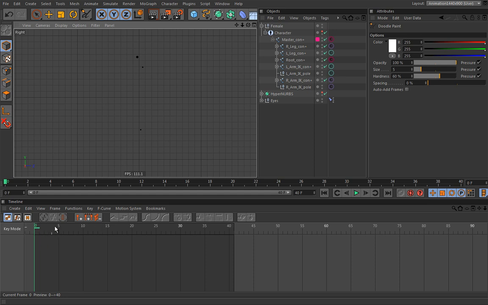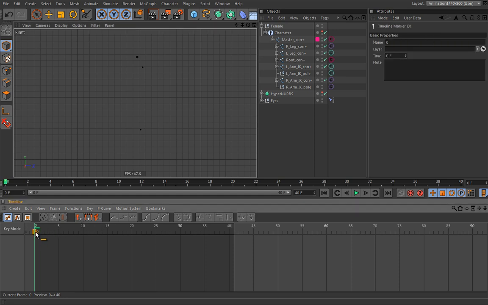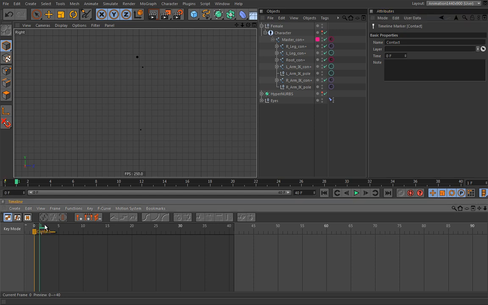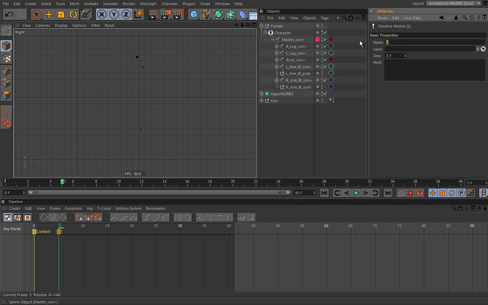So first marker at 0, we will select it and rename it contact, which would suggest contact pose. So this can really help you break down the motion, and I really urge you to use everything you can in Cinema 4D to make your life easier. Okay, so let's go to frame 5. Let's create another marker. We will select it. We will rename it